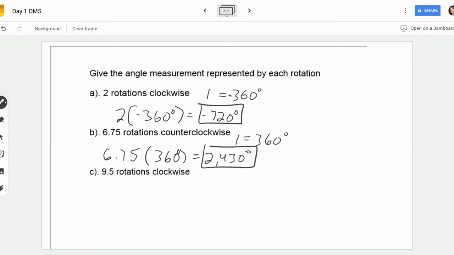You can pause these at any time, reminder, in any of these videos to practice and try it out before I get to it, but that's all on you. This one, same deal. It's just multiplication. 9.5 rotations clockwise, and clockwise is negative 360 degrees. So 9.5 times negative 360 is negative